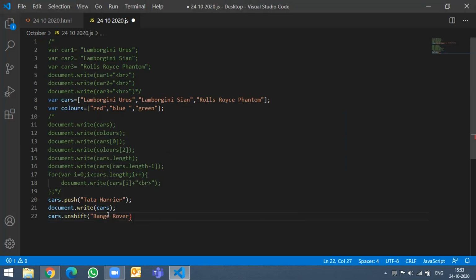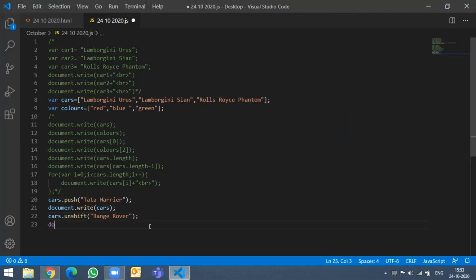You know more car names than me, man. This is also a car. Okay. Now again do document.write cars, and this Range Rover should be the first one.